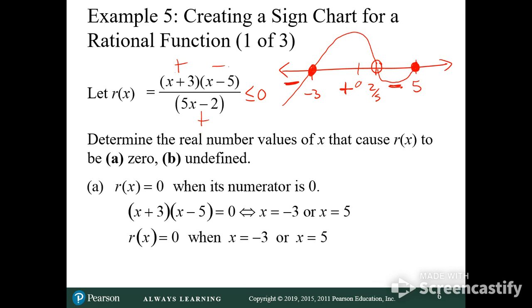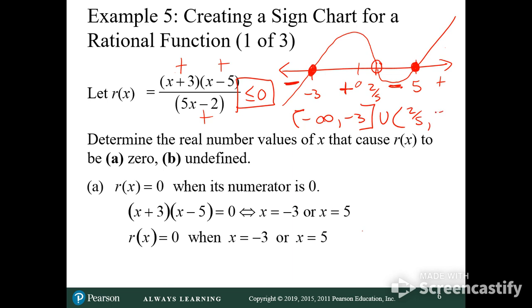And then after 5, if we try a 6, makes this positive, positive, positive. Positive times positive, positive, divided by positive is a positive. So that's positive over there. So it goes like that. That's basically what happens to the graph. We're wondering where it is less than or equal to 0. Well, it goes from -infinity to -3 in union with, -3 is a bracket, in union with 2/5 not using a bracket to 5